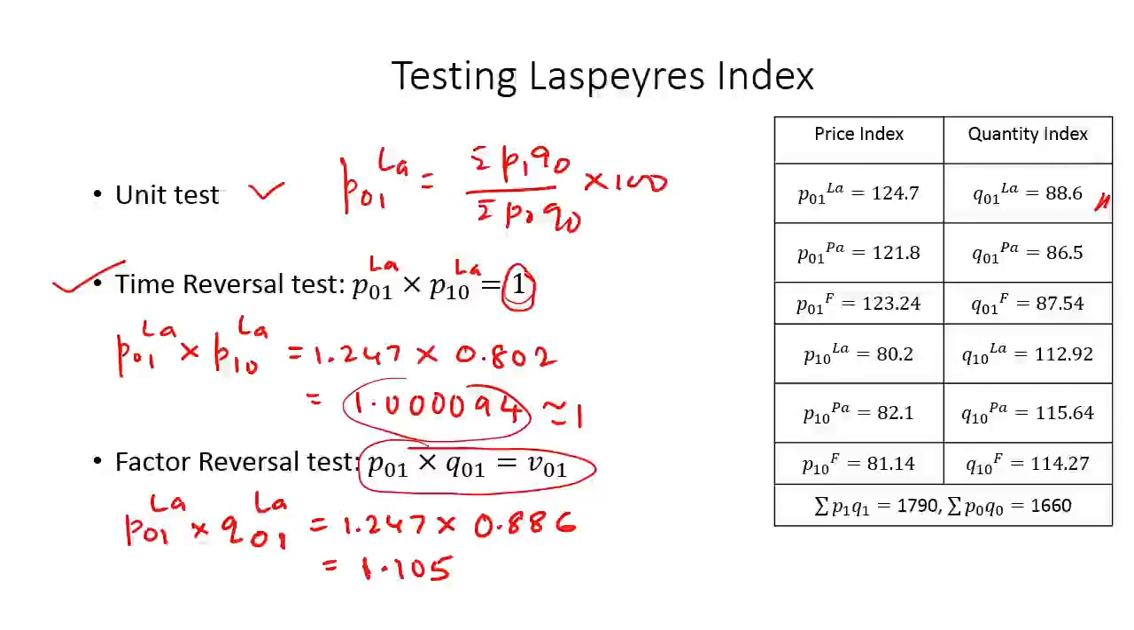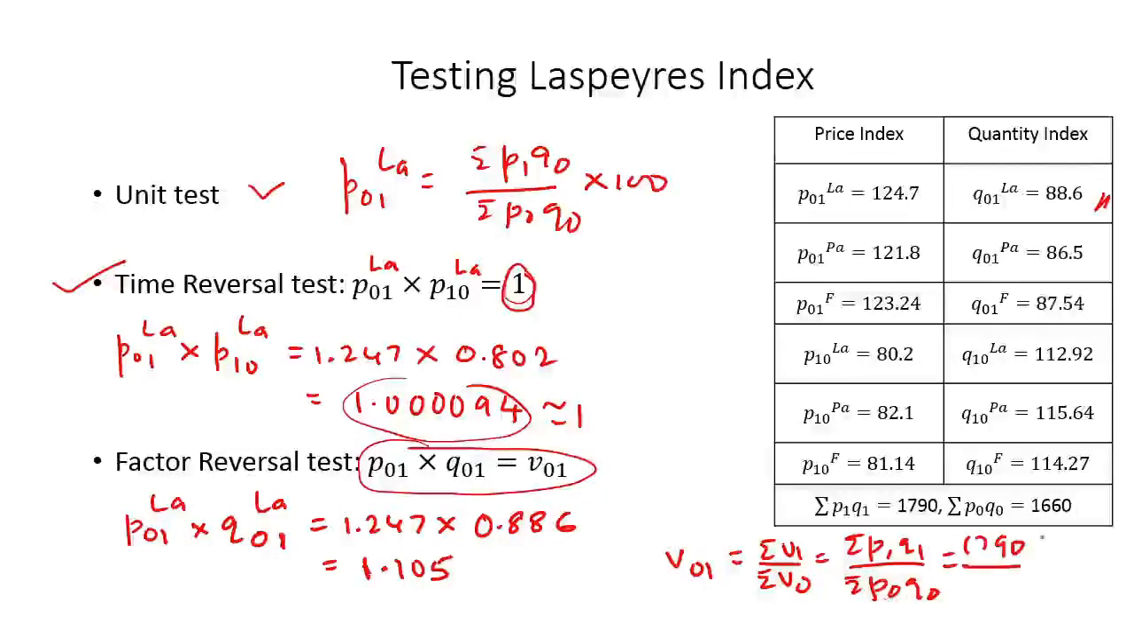Okay, now P01 into Q01 should be V01. Let us calculate what is V01. How is V01 defined? It is summation V1 upon summation V0. So it is summation P1 Q1 upon summation P0 Q0. Now what is summation P1 Q1? It is